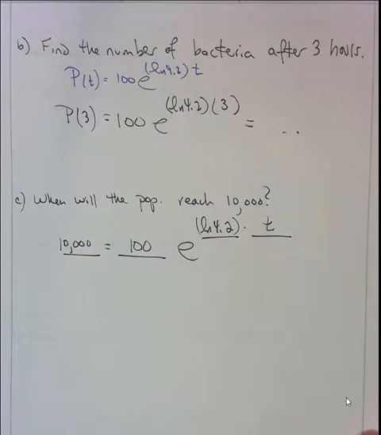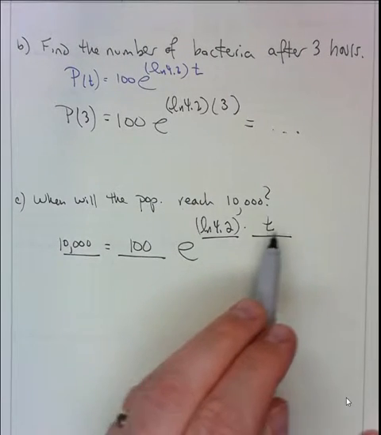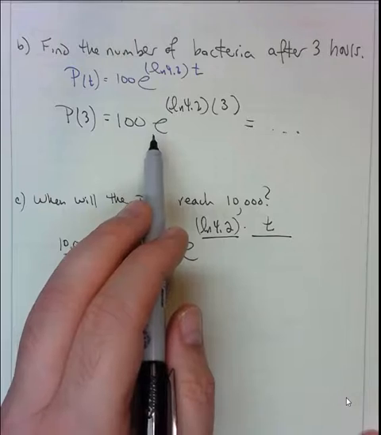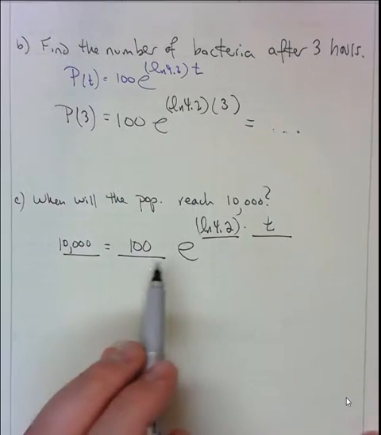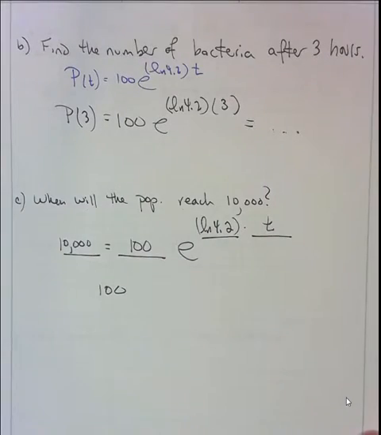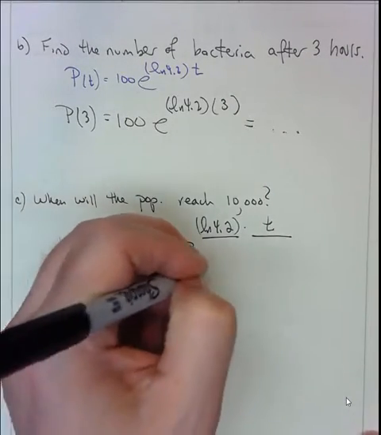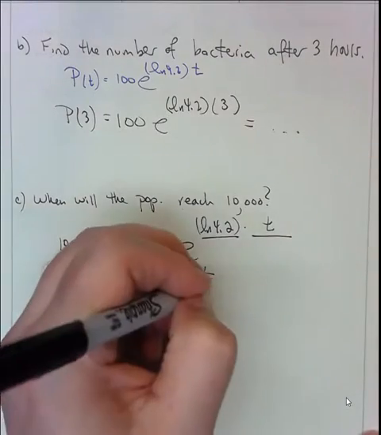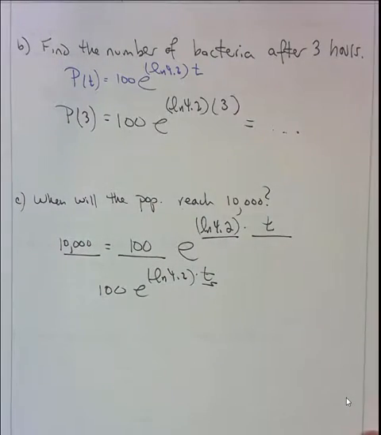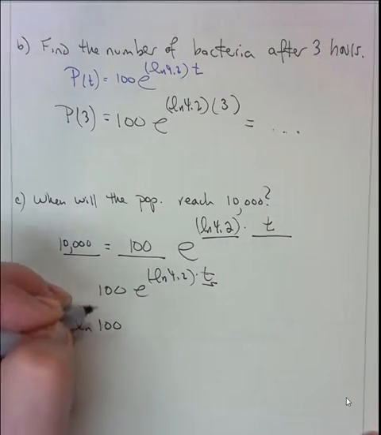And so now we have to solve for t. It's still simple, it's just we have to algebraically solve for it. It's not just a direct calculation like the one above. So starting to solve for t, let's divide by 100, and that will leave 100 on the left-hand side, e to the natural log of 4.2 times t. Since we need to solve for a variable that's buried up in the exponent, we have to take natural logs of both sides. So natural log of,